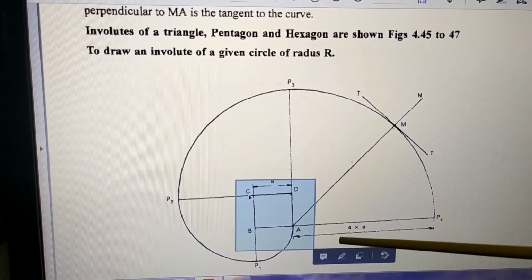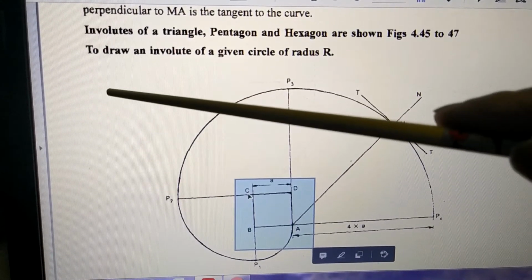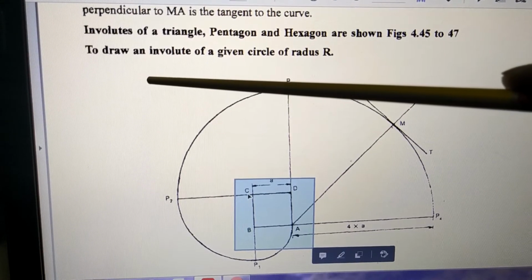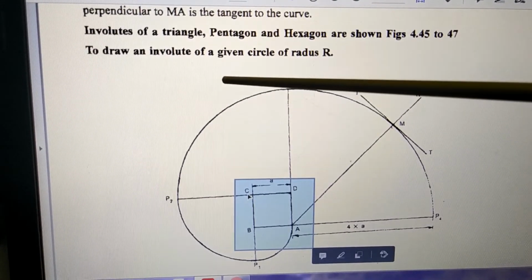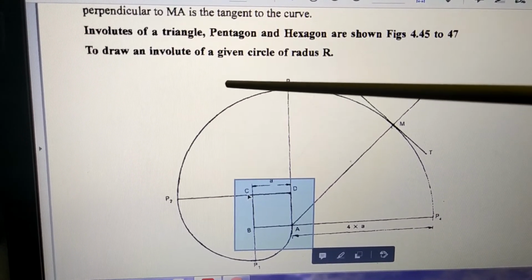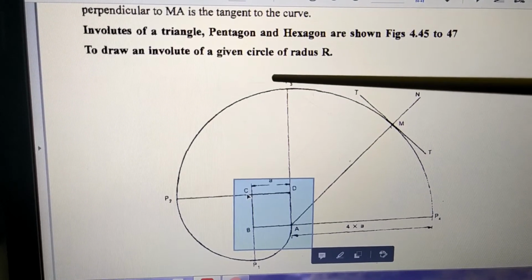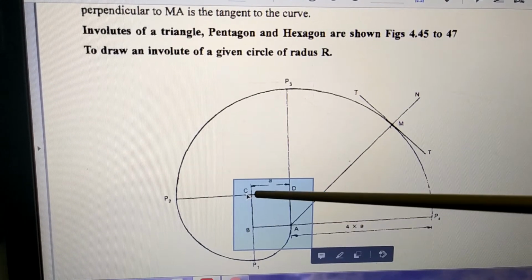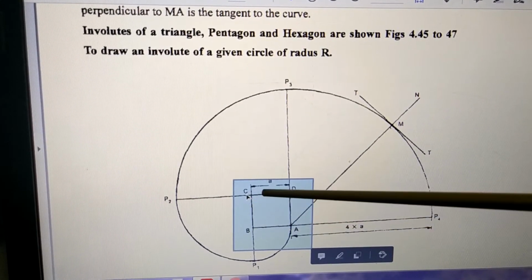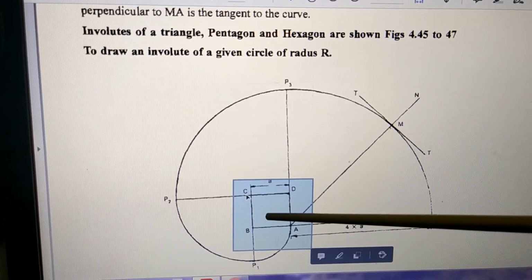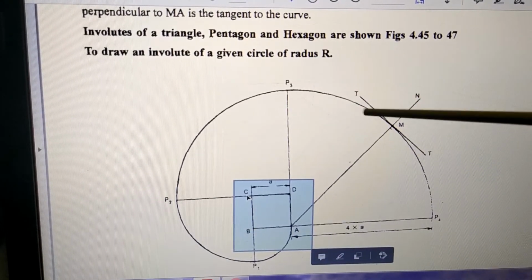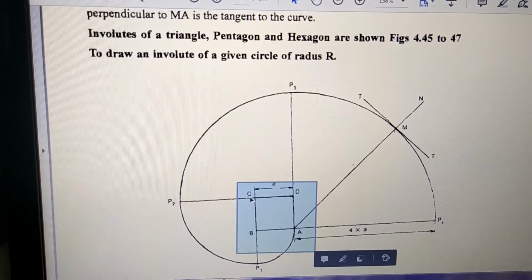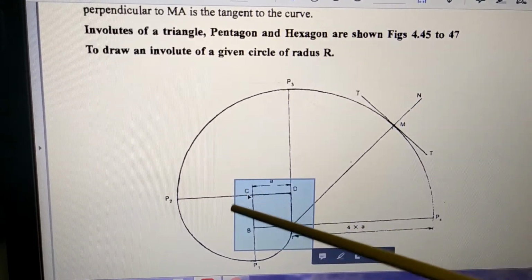Now for our case, the problem says like this. So what you do is, you write here, in your case, draw involute of a square, of size 30 millimeter by 30 millimeter. So this is a 30 millimeter by 30 millimeter square, and for this square we are going to draw the involute curve. Now how this involute curve is drawn, that is what we are going to learn. So the procedure will go like this.